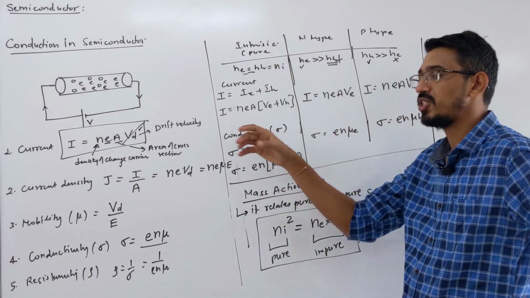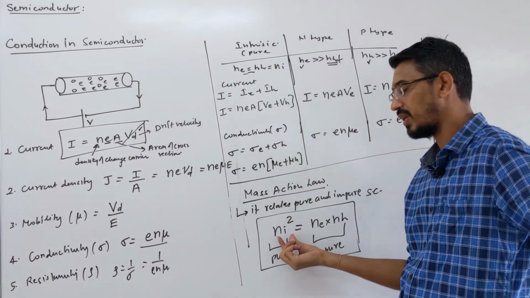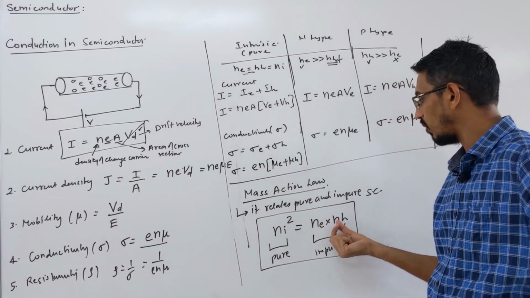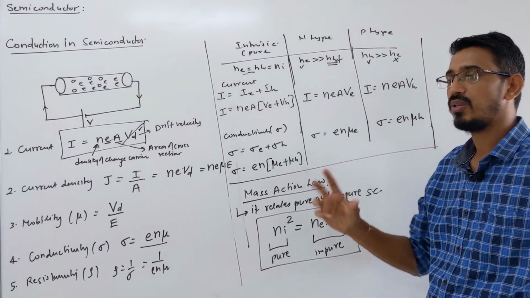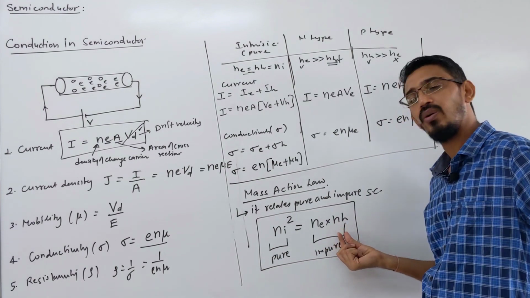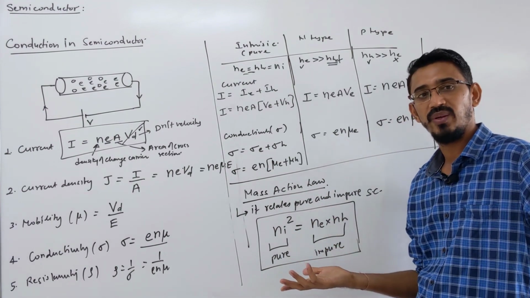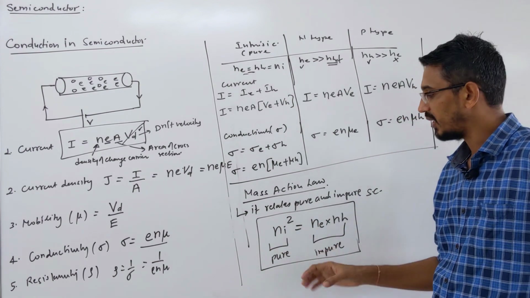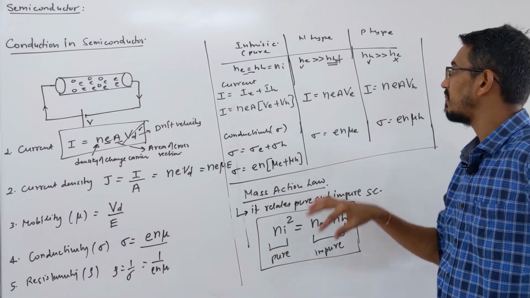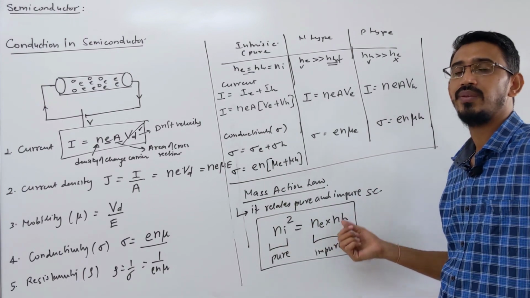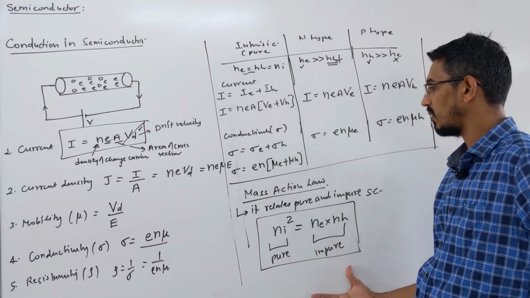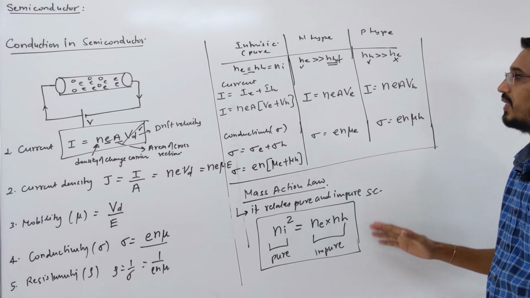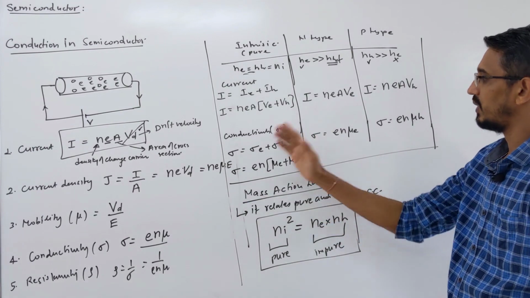So what happens? You have a pure semiconductor, the charge concentration Ni is generally given, then you dope with trivalent or pentavalent. Any one thing will be known to you, either the number of electrons generated, and they will ask you the number of holes, or the number of holes generated, and they will ask you the number of electrons. Initial charge concentration when it's pure is known, and after doping any one will be known, the other you have to find. This is called the mass action law. I will give a numerical example on this also. Theoretically we have done it here, now I have to discuss one or two examples.